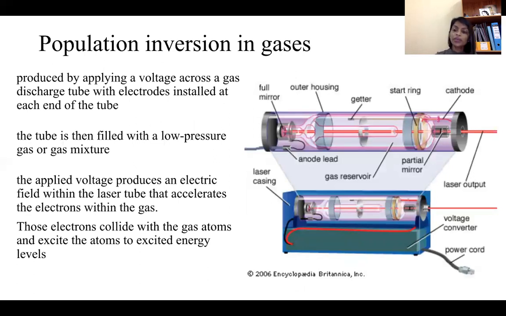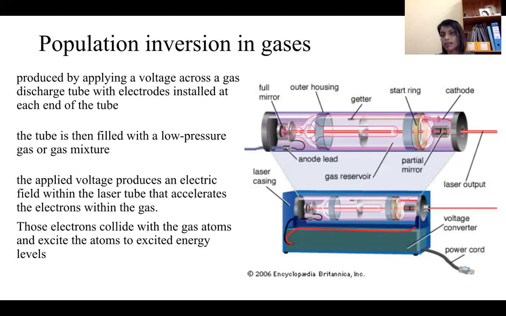Okay, population inversion in gases. So we have a gas as the active medium inside the optical cavity, and this is produced by applying a voltage across the gas discharge tube with electrodes installed at each end of the tube. So here, these are the ends, and we have electrodes attached. And then we apply a very high voltage across, thereby